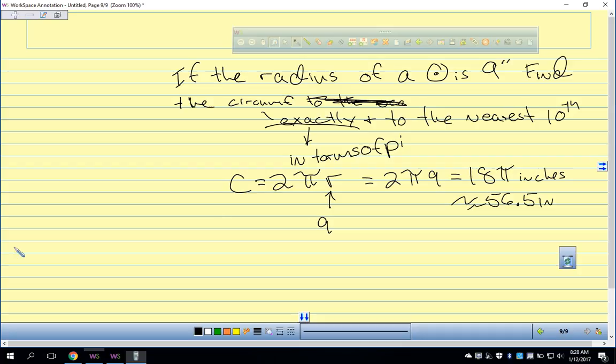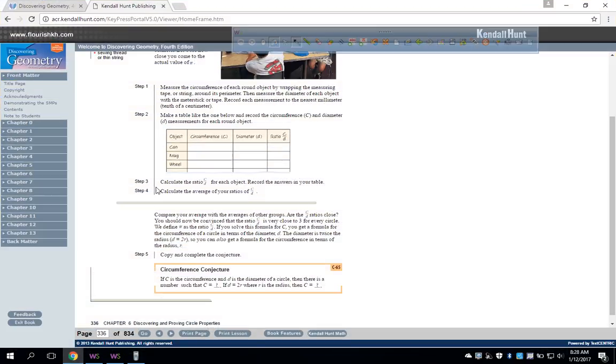Okay, so right now you can just start on this. I was trying to figure out how to do that with GeoGebra, and I almost did. I figured out how to find the circumference and the diameter, but I couldn't figure out how to divide. If anyone thinks they're a GeoGebra expert and wants to divide the circumference by the diameter of a circle, you can show me, because I was working on it for like an hour last night, looking up all these videos, and I couldn't figure it out.